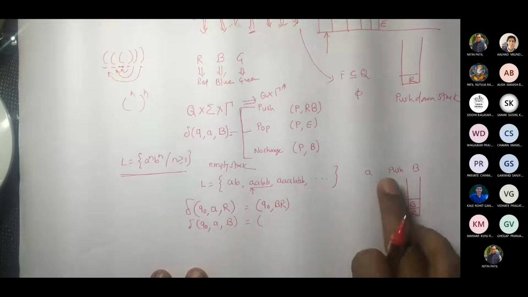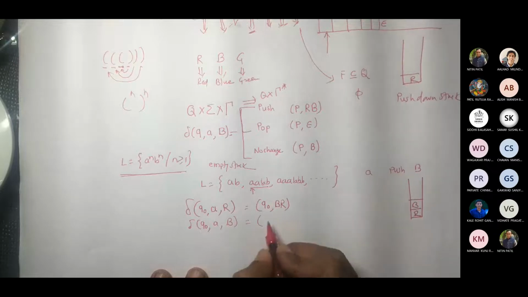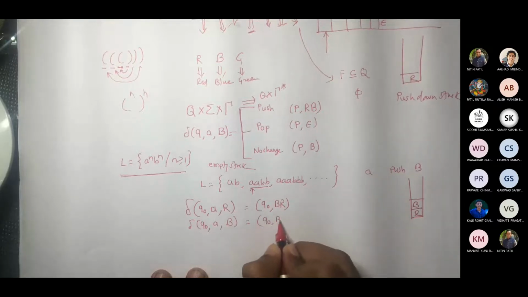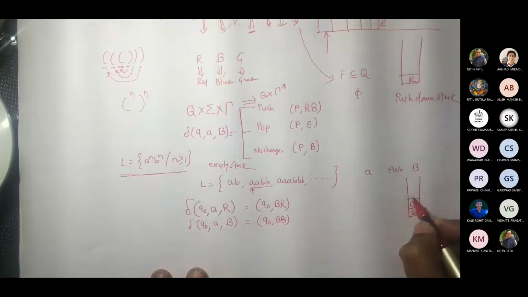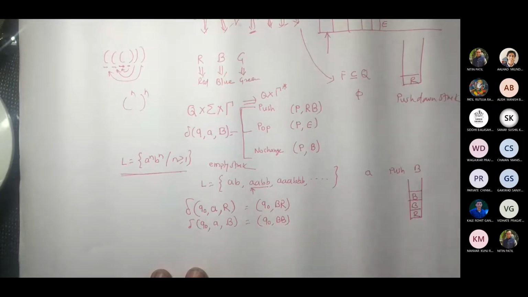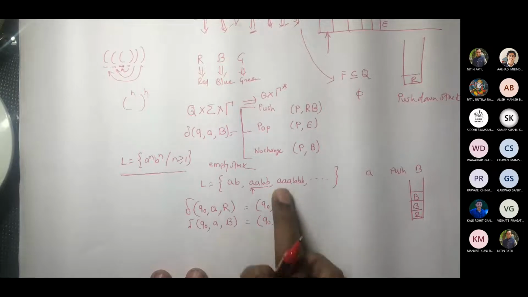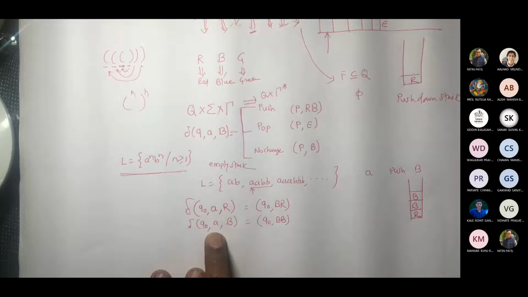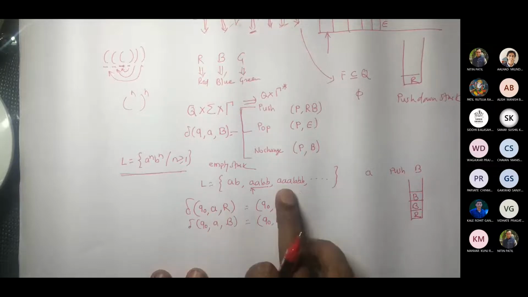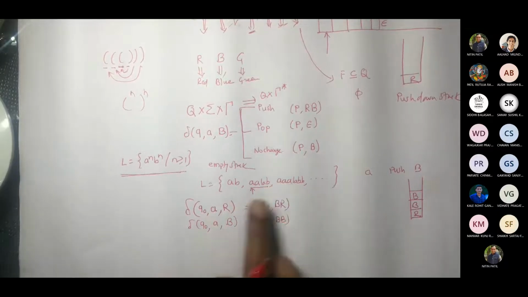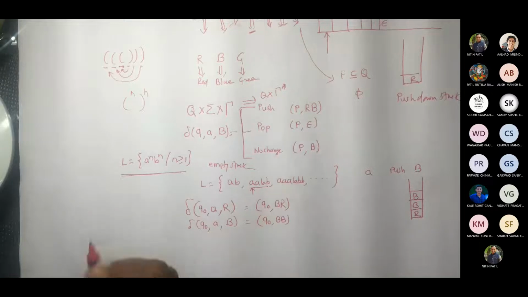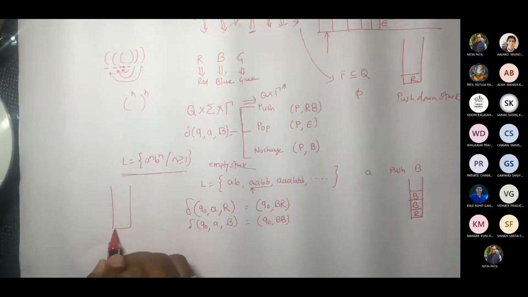Now I will repeat this process. Push B, so I will be writing Q0 A B, B. So this B also would be added. Make sure that you do not write BBR, because you know only the top of the stack. You don't know how many A's there are, correct? Here you are assuming this is the first A, this is the second A. You can apply this for this kind of example also. For example, if you talk about triple A, triple B, I will write this solution in parallel.